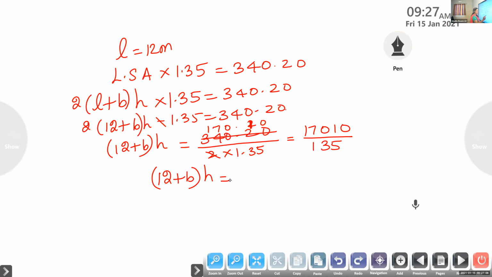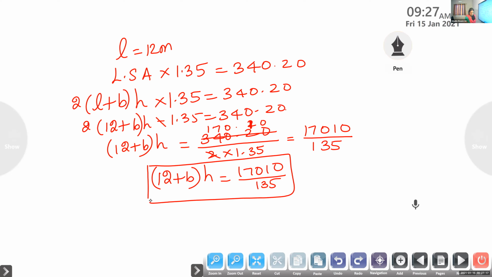One second children, let's find out what we will get from the other side. Now this is based on the plastering of the wall. Now what is the next thing given? We are matting the floor. Floor means no height will be there, isn't it? It is simply L into B, length into breadth, at the rate of 85 paise per meter square. The remaining things are in rupees, so 85 paise is 0.85, and this is equal to rupees 91.80. Length is given as 12, so 12b into 0.85